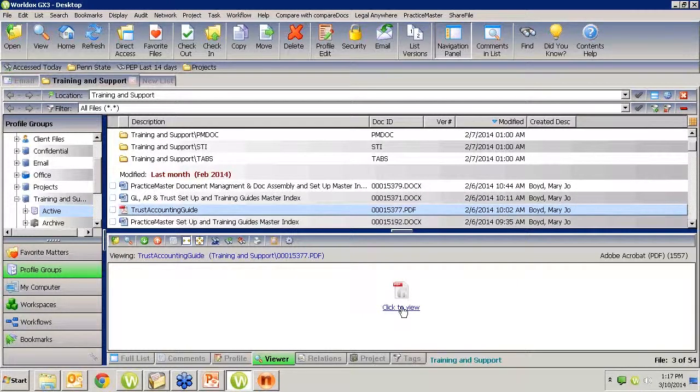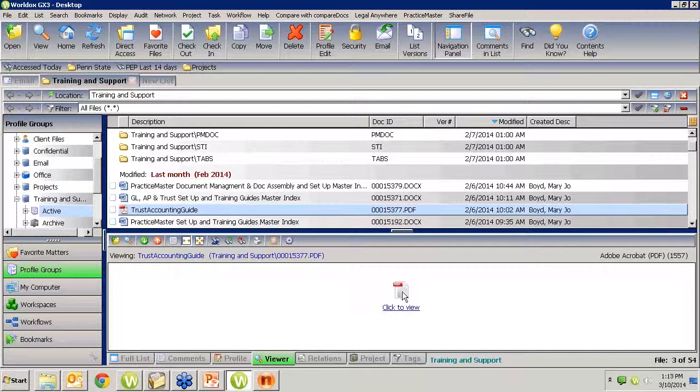Now there are settings that can be done. Your administrator can take care of them for you if you're not an administrator. But there, you can have a setting that tells you how you want this to come up or when you want just this thumbnail to come up. Now why would you want the thumbnail to come up? Well, if you're looking at really, really big PDFs and you want to just scan between them and you want to be able to skip by one just based on its name